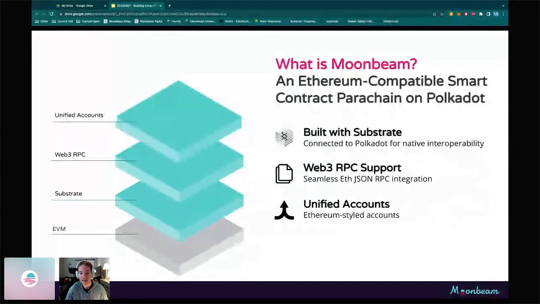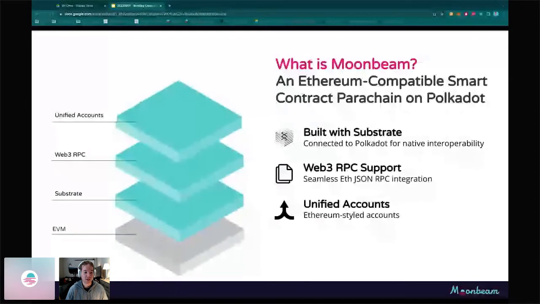We also have a unified account structure. This is very important because early on, we made this engineering decision, which was a heavy lift, but it's paid dividends. The reason is that if you want to interact with the EVM, first, you'll need an Ethereum address. But then if you want to interact with Substrate native functions enabled by Polkadot, such as on-chain governance, you need to have a Polkadot address. And Polkadot addresses, or Substrate style addresses, are completely different. They have a different private key. They have a completely different format. They're not the same